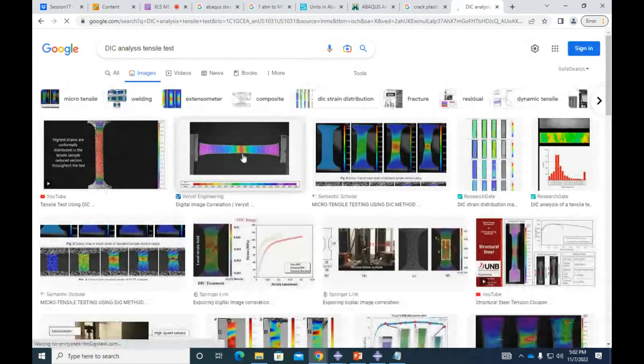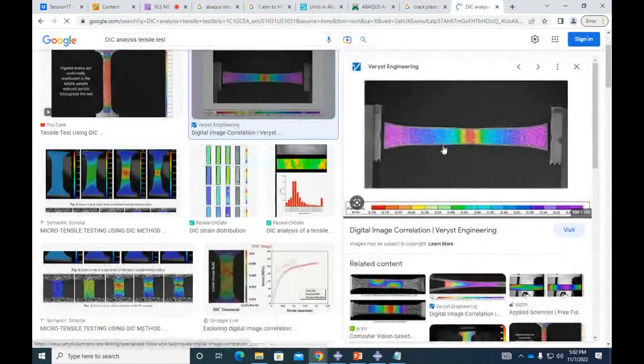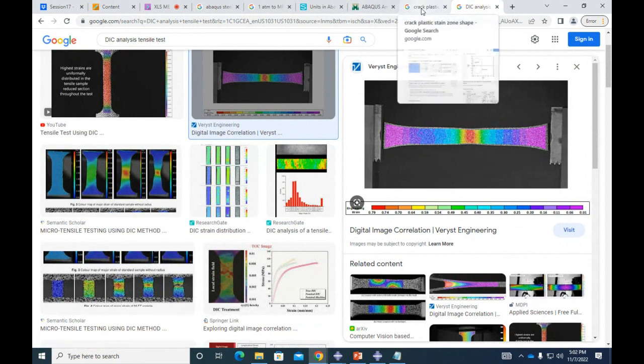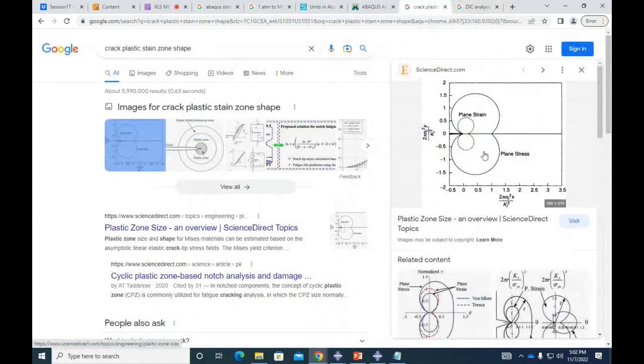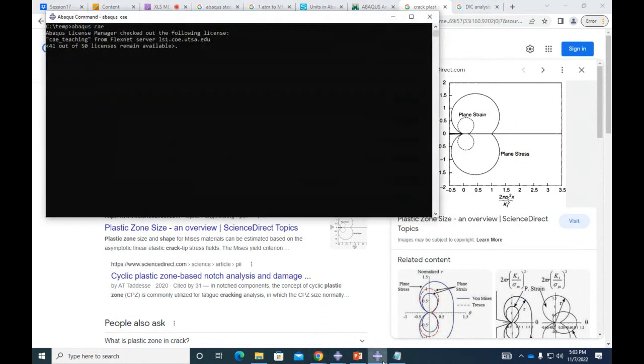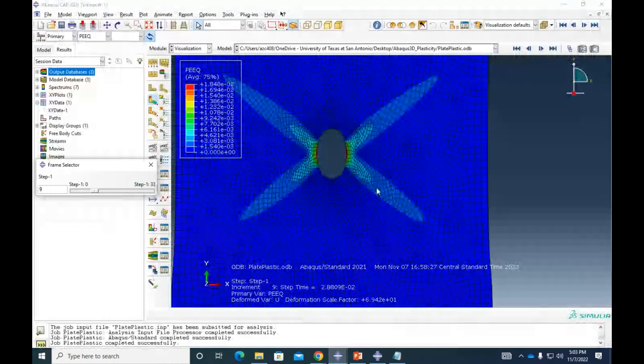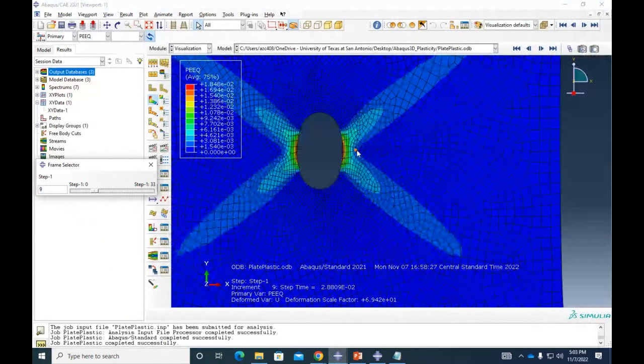Basically, we put some speckles on top of the sample, we stretch it, and then using some software, we can know what the plastic deformation looks like on that sample. That way they have verified that this is how the plastic strain zone looks if you have a stress concentrator. And we have indeed a stress concentrator in here.